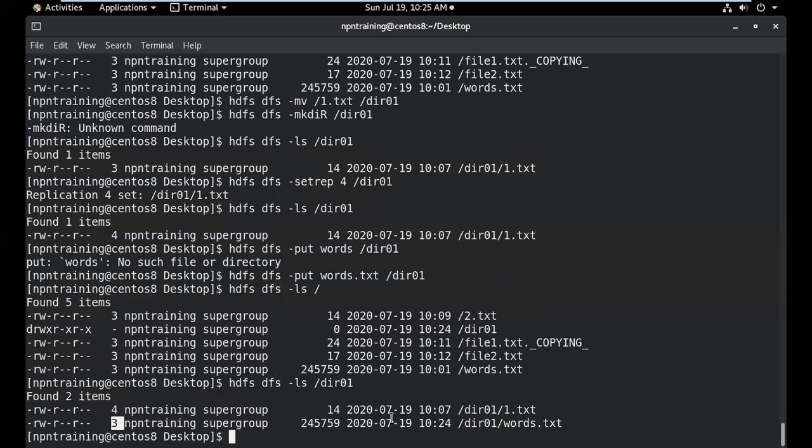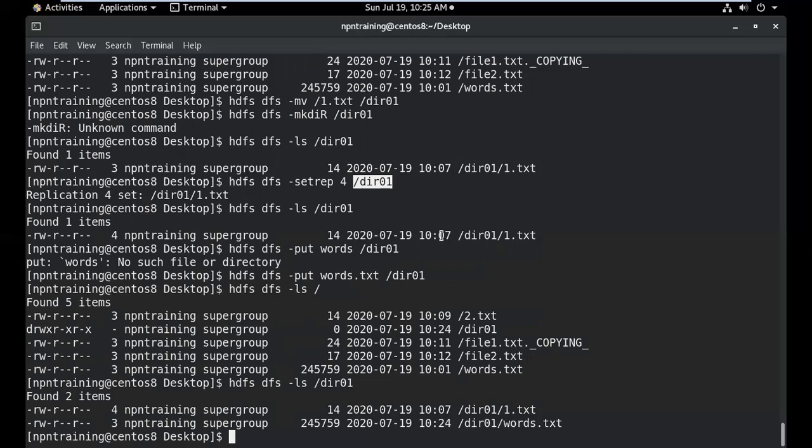When we applied hdfs dfs -setrep with a replication factor of 4 for the directory dir01, it means that we are trying to change the replication factor to 4 for the content of the directory. That means, if you remember, I was trying to tell you that we don't have a replication factor for a directory at all. It is only for the content. So it will only change for the content, whatever is present at that moment of time.